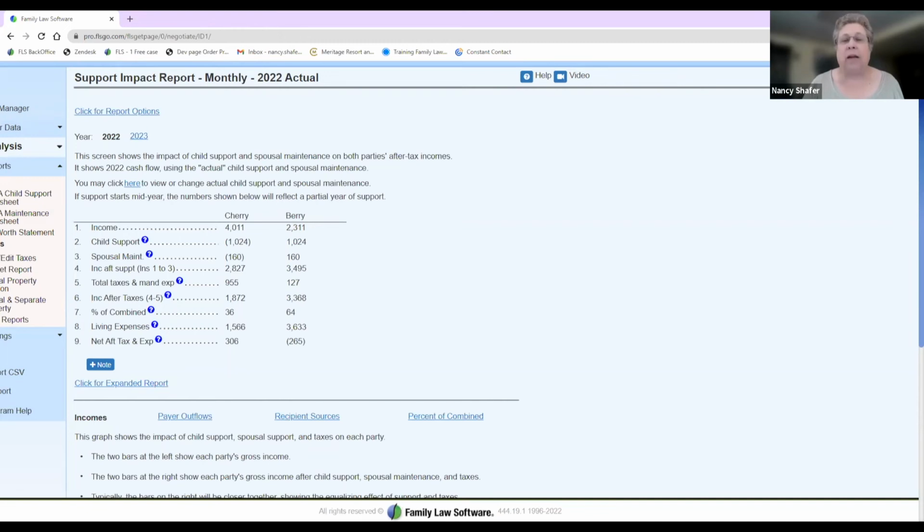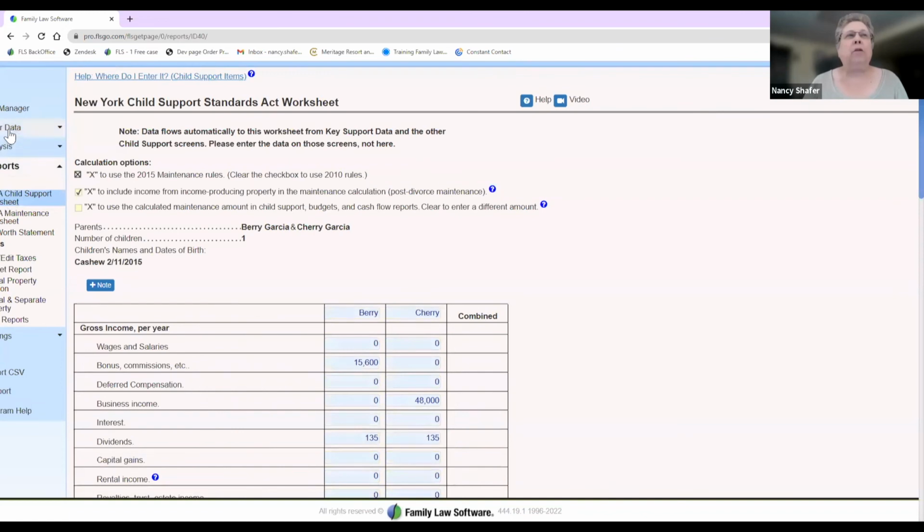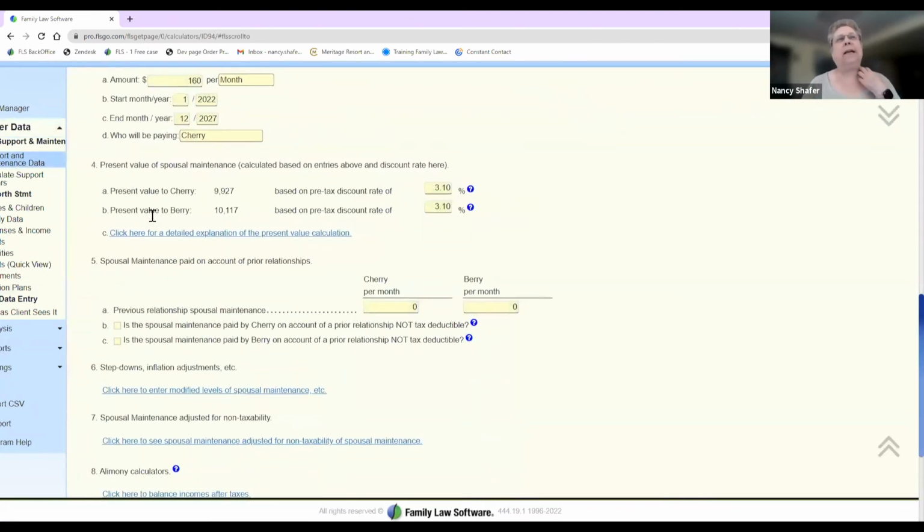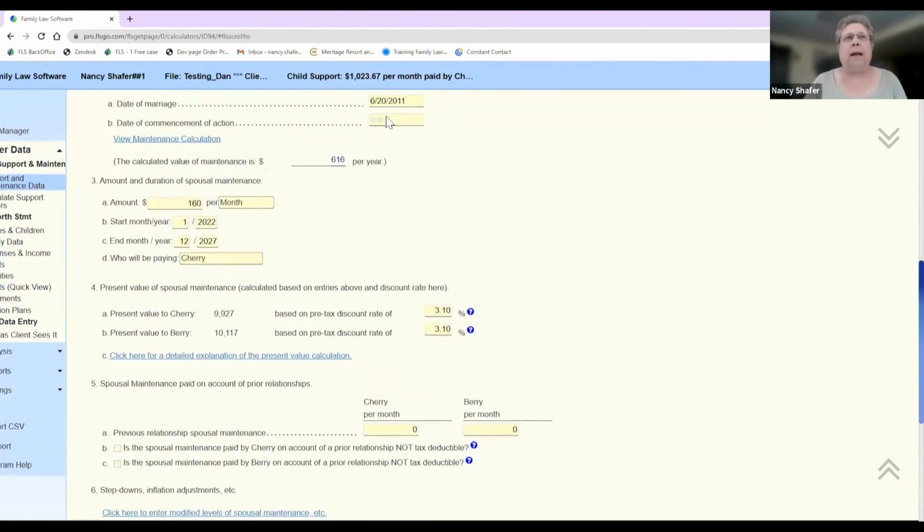In terms of child support calculated when both parties earn income, but physical custody is shared 50-50, that will depend on your state rules. Some states have special rules for 50-50 parenting time. Other states do not. One thing to remember is that for IRS purposes, let me just go back into enter data. And I'm going to go to the support and maintenance data. One of the things to think about is that